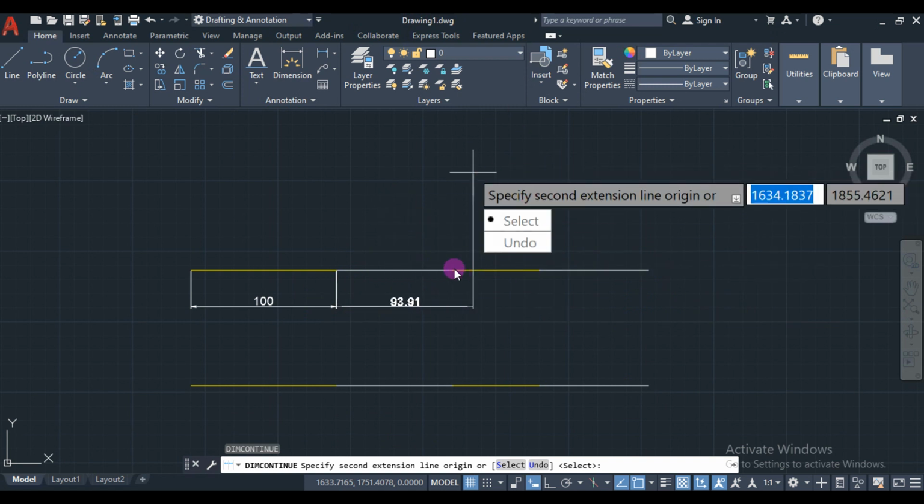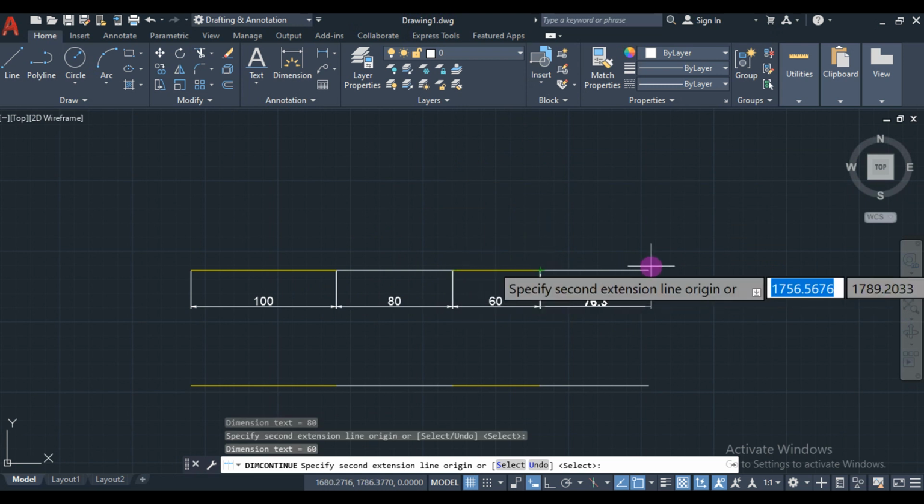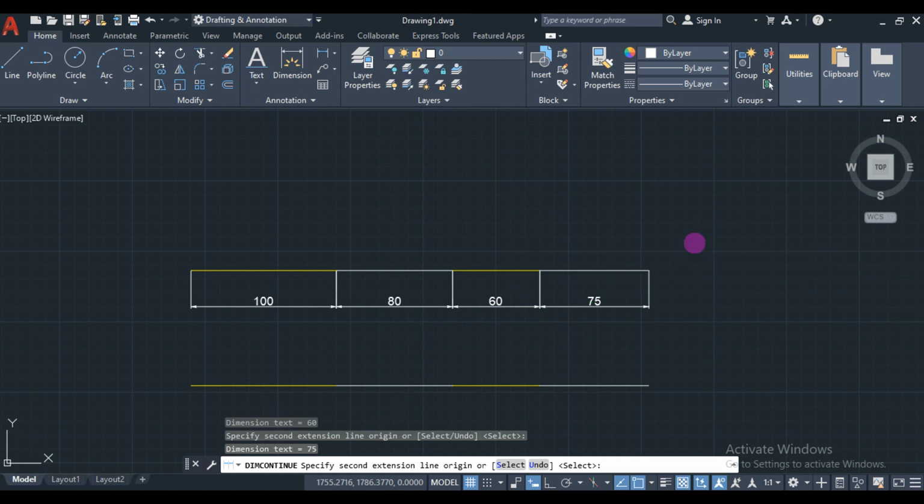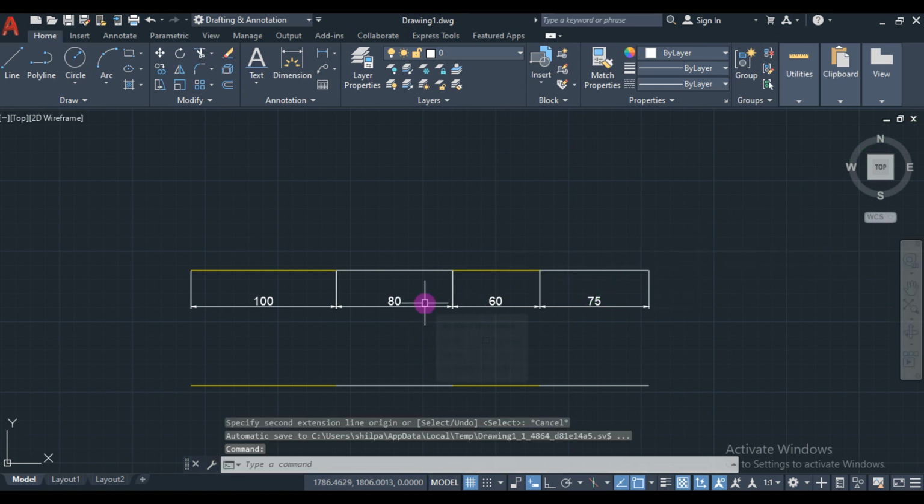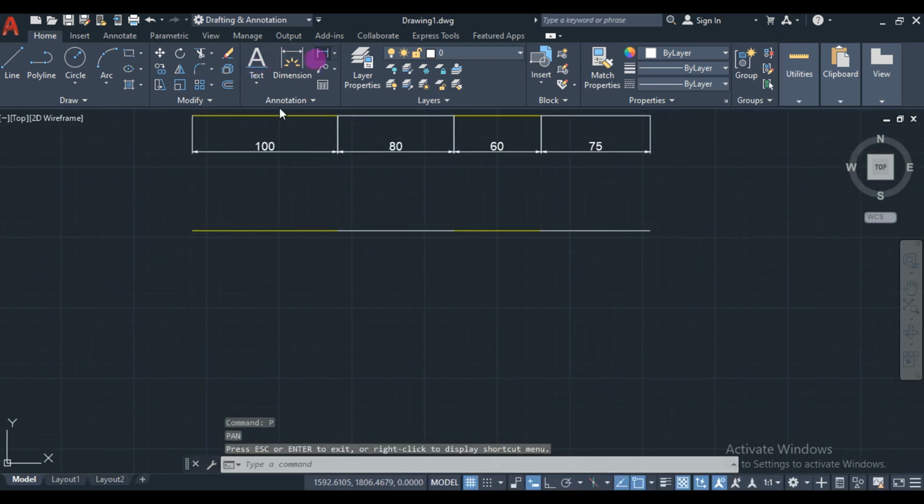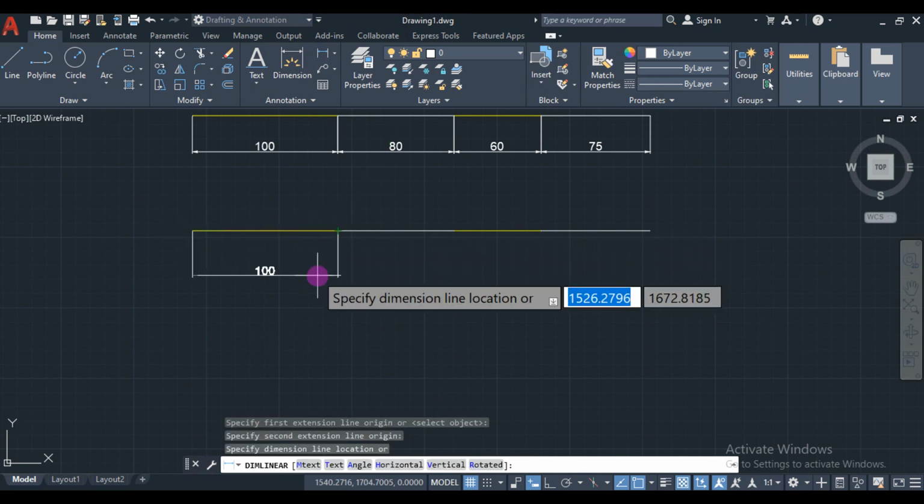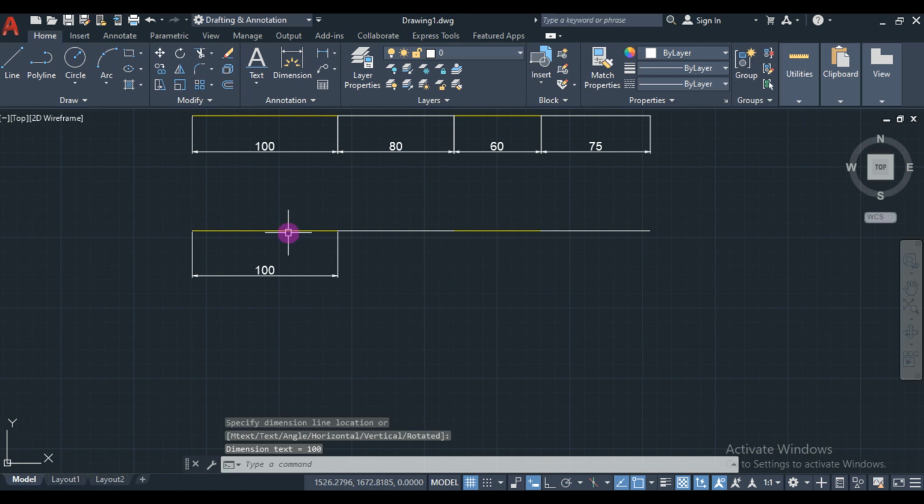Right now let us select the point, and similarly the next point. You can observe that we got the dimension for each individual line segment. The next case is getting the dimension with respect to the first point, that is the added up or accumulated dimension, if you want to get the dimension by adding all the values. The first one is 100 and the next one is 80. If you want to show the dimension with respect to the starting point,